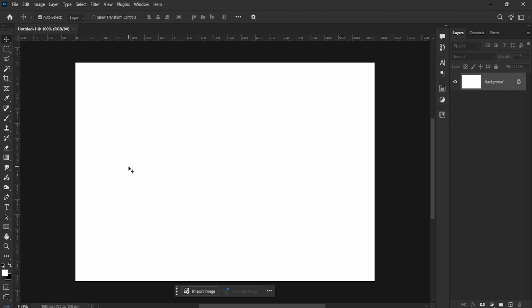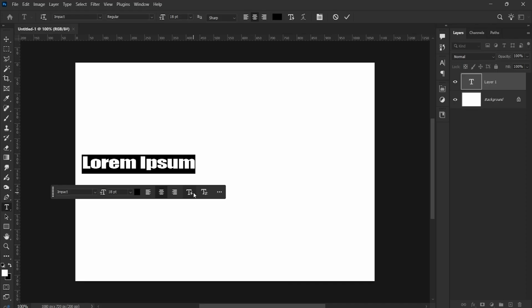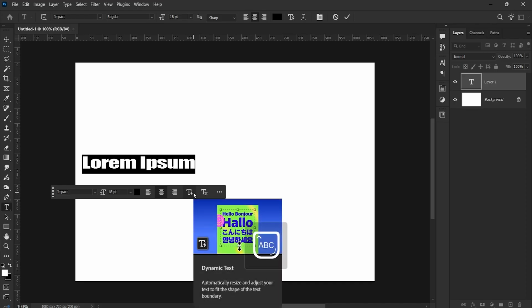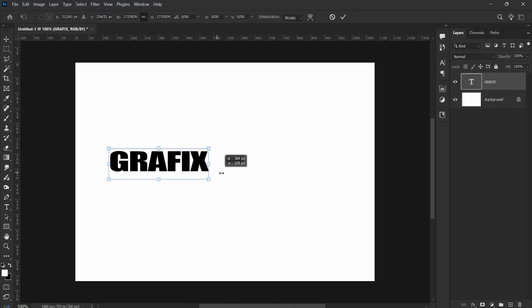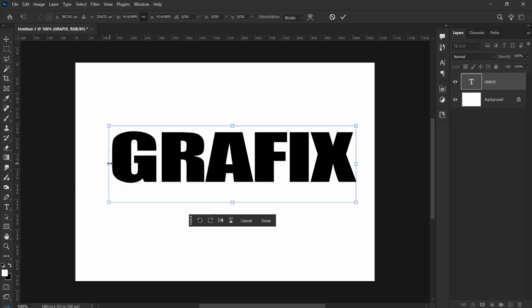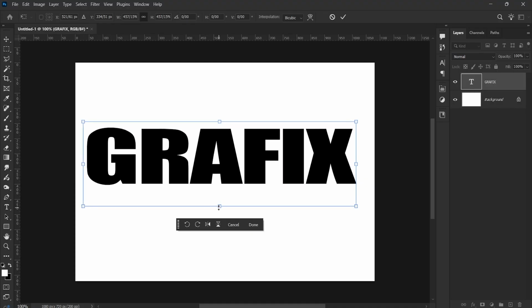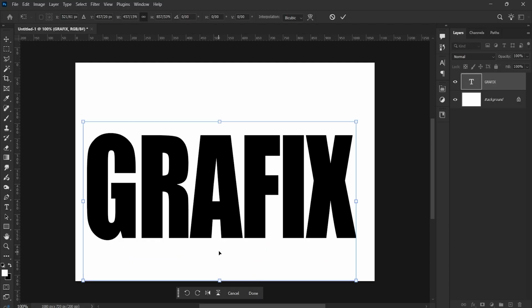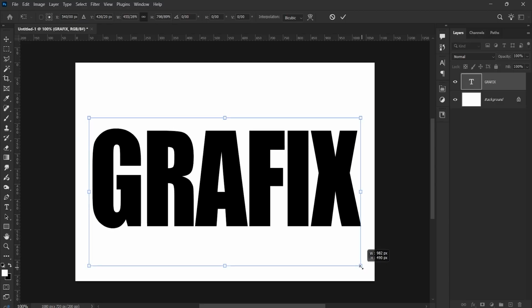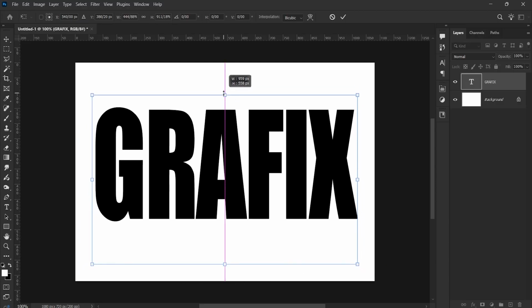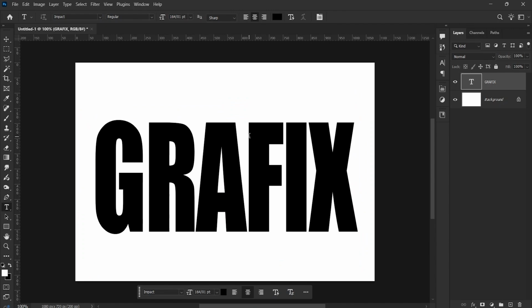Okay, so now here we need to write what we want. For example, I'm going with graphics, then increase the size. Maybe I'm gonna deform it a little in the way I want, and maybe a little more. Yeah, it's good. So now we have to create a copy by clicking Ctrl J, and I'm gonna actually disable